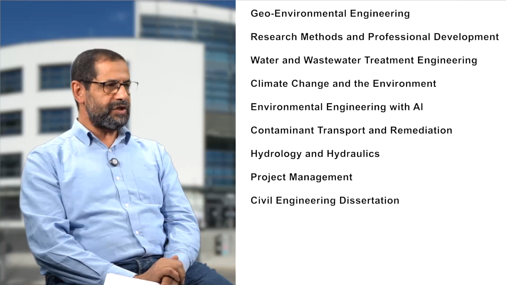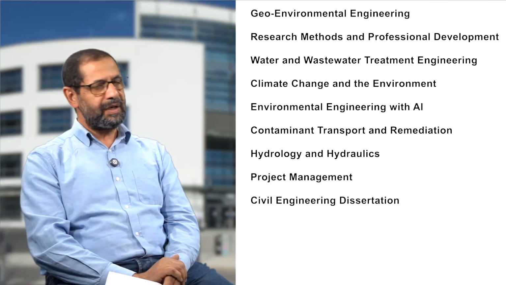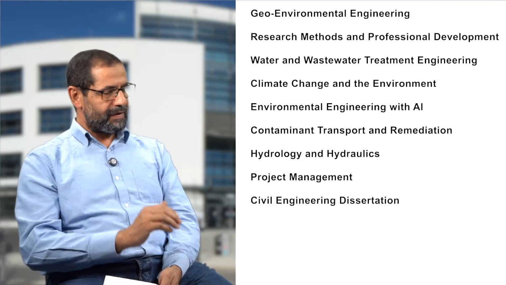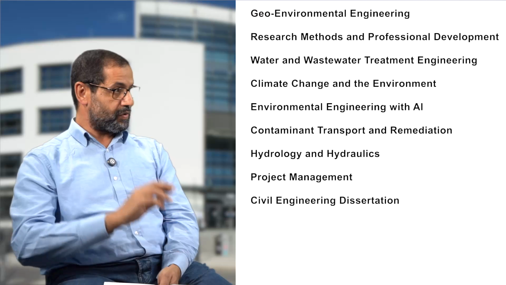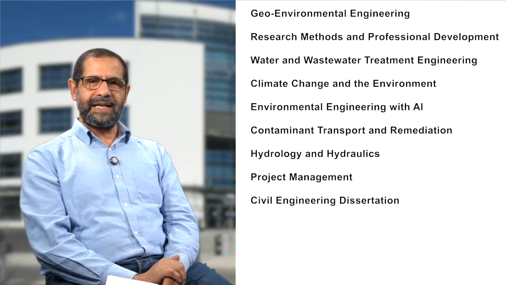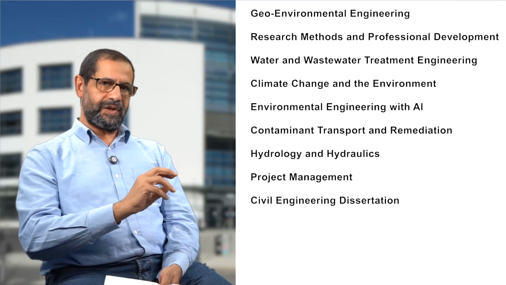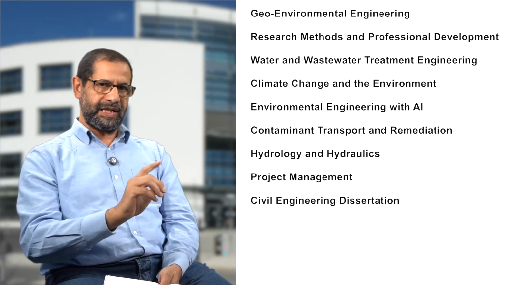Right, so let's move on now to the content of your course. Could you give us a sort of top-line run-through of the modules, because the full descriptions are given on the website, but just give us an idea of what the modules cover. Yes, we have 8 modules. Each module is 15 credits. This makes 120 credits. On top of that, there is the dissertation module, which is 60 credits. So the total is 180 credits: the dissertation's 60 plus 120 for the modules.